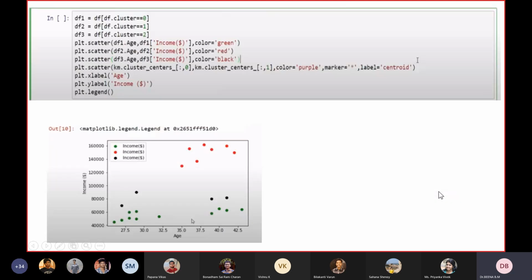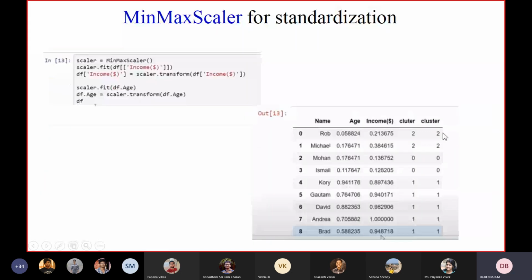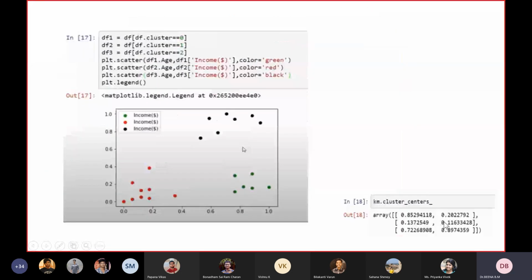Here I have already imported KMeans from sklearn.cluster and created the object, then km.cluster_centers_. It shows the central points of these 3 clusters, with x and y coordinates.